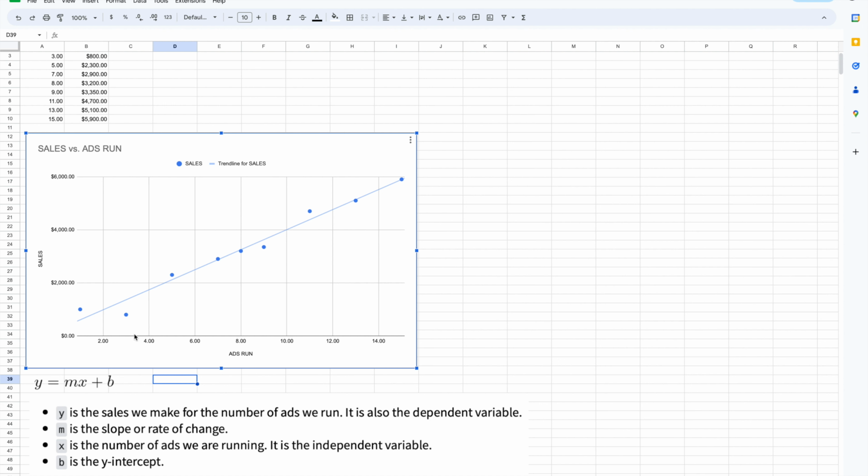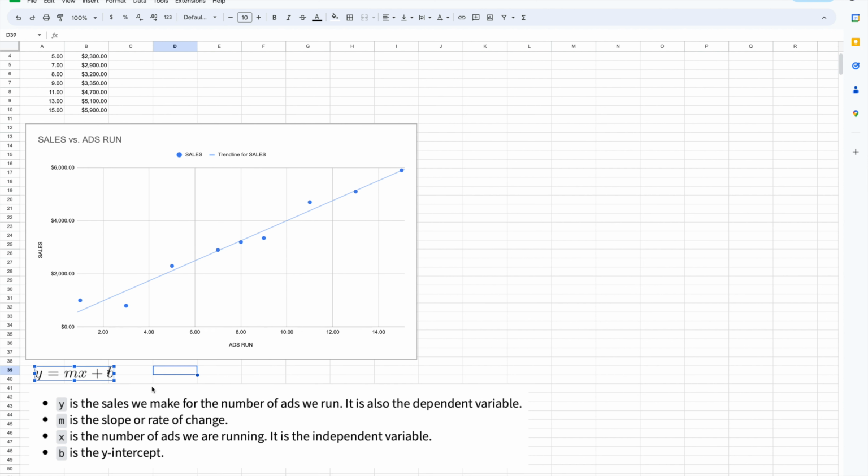You put it in the function, it's still the same number. It's the number of ads we're running in this example. And then b is just the y-intercept. And the best way I can explain that is, where does the line touch on the y-axis, right, for this